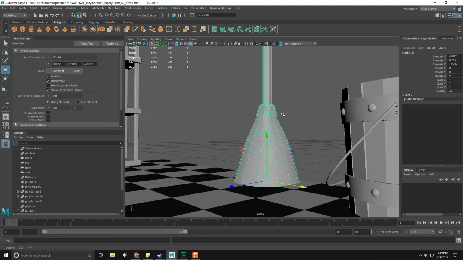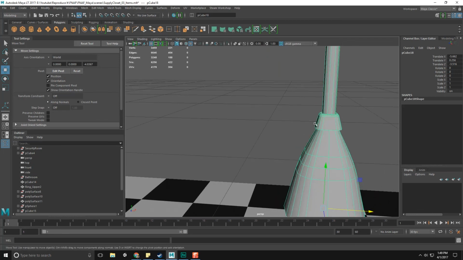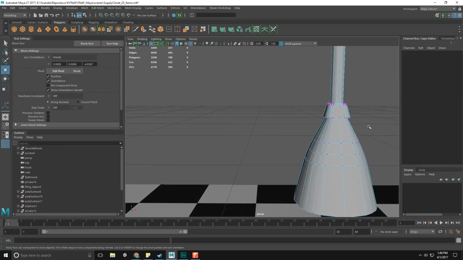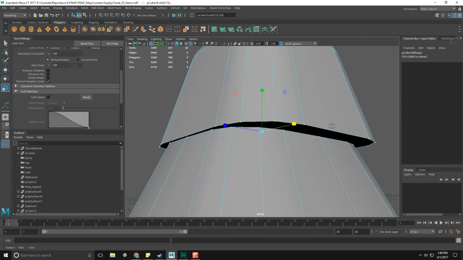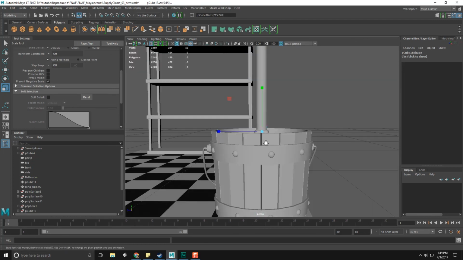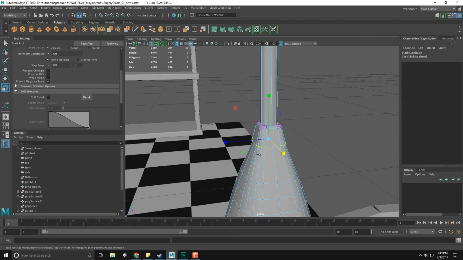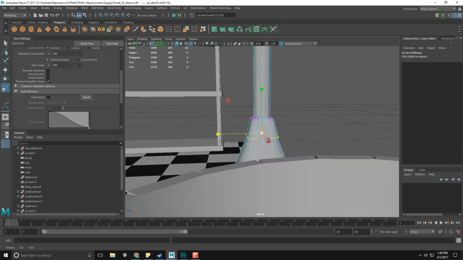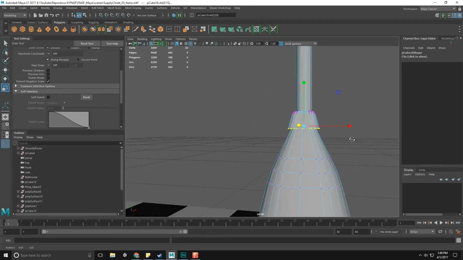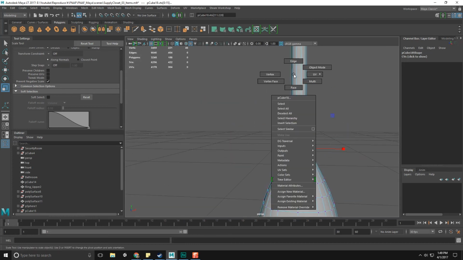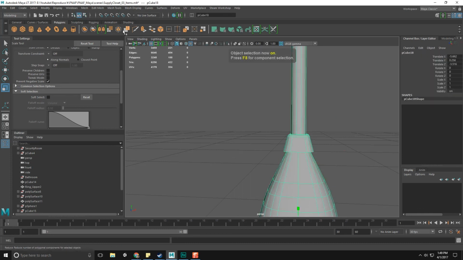So the broom's going to have that metal part on the top, similar to what we have over here, but it's going to be a little bit wider and more narrow, I think. Whereas the mop was more round. This one's going to be narrow. Whoops. So let's grab all of you. I'm grabbing, unfortunately, something I probably shouldn't be. So let's grab the whole thing,